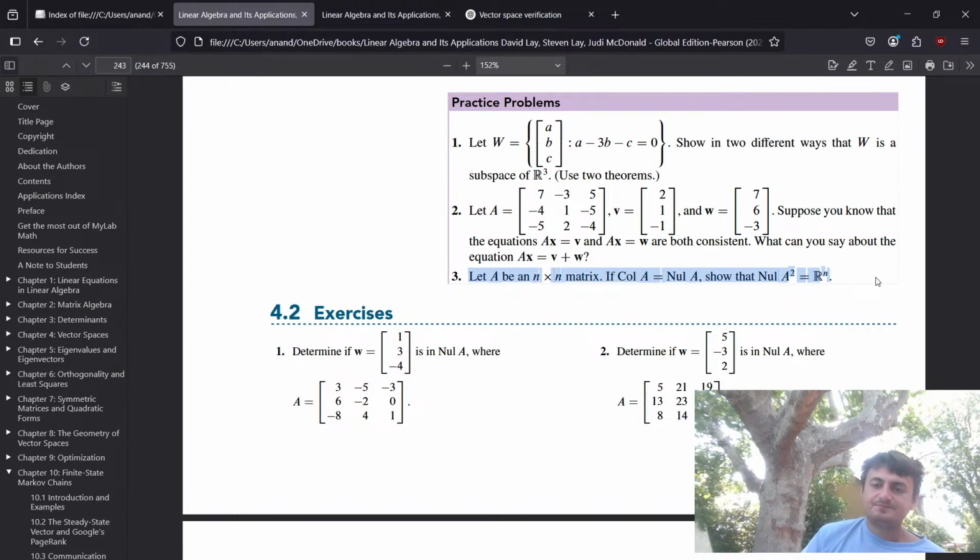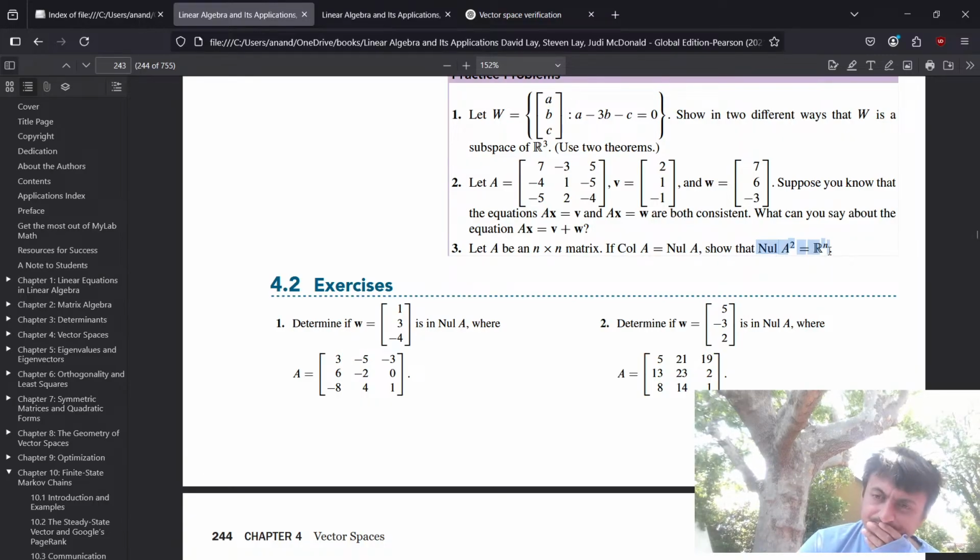So first off, let B be an element in the column space. What that means is that there exists some x such that AX is equal to B. But since the column space of A is equal to the null space of A, that means that B is in the null space. And what that means is that if we applied A to B, we would get 0. But B is AX, so A times AX is equal to 0. But then we can turn this into a matrix power, so we get A squared X is equal to 0. And since we took B as an arbitrary element of the column space,